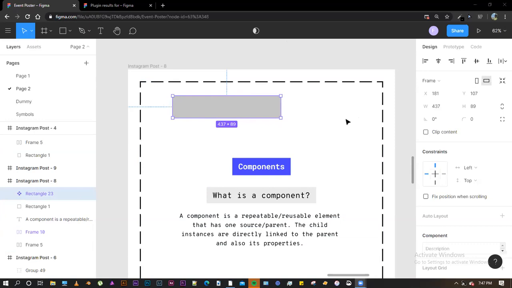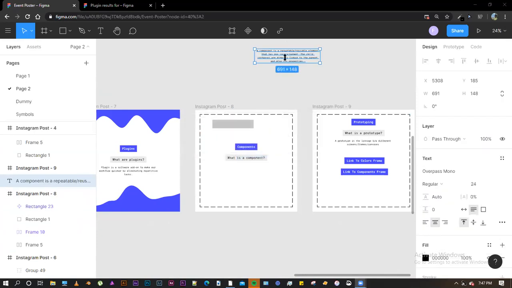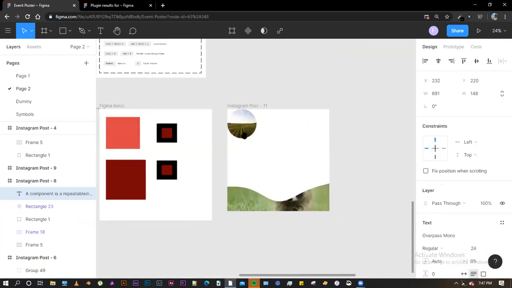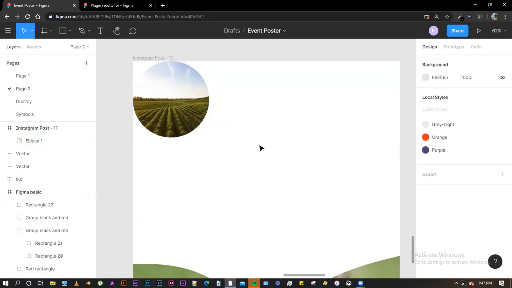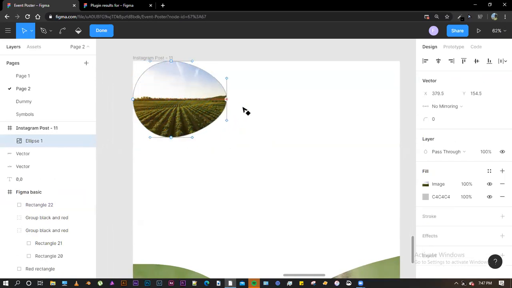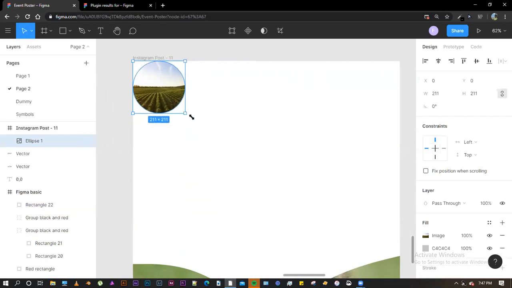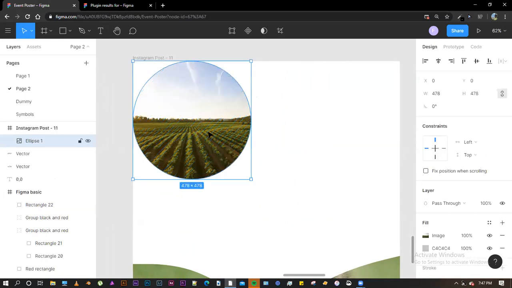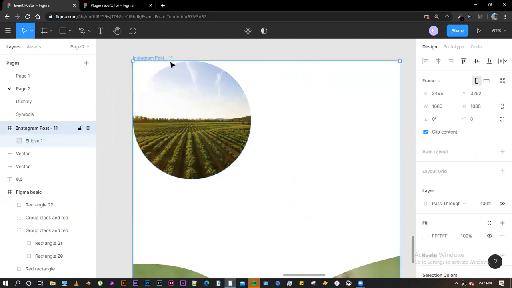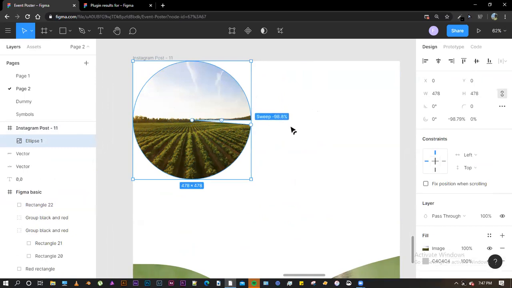Yeah, you're audible. So I just want to ask one question. Can you go back to that circle thing, the plugin image part? Can we zoom in and zoom out in the image of the circle? This is not possible currently, at least in Figma. No, you cannot do that currently in Figma. You can do that in other software, but this is a feature in the pipeline, I guess.